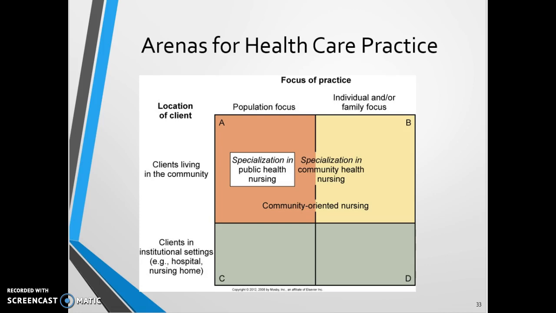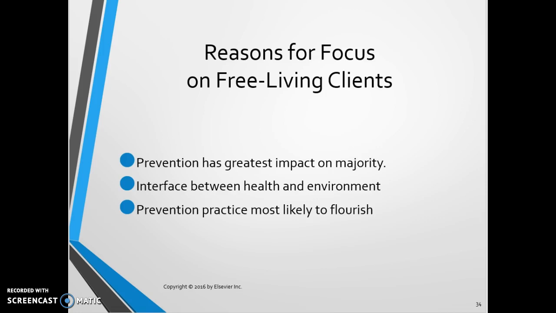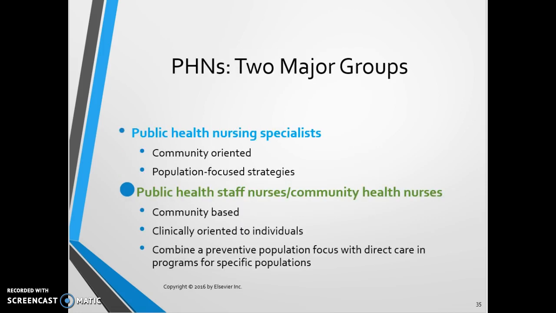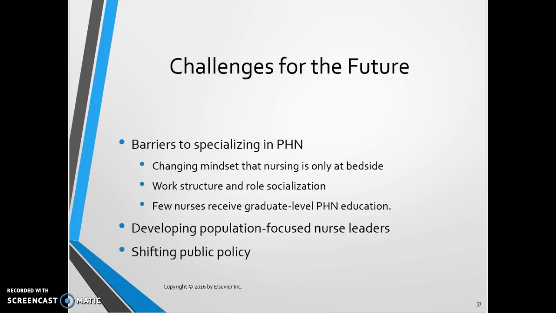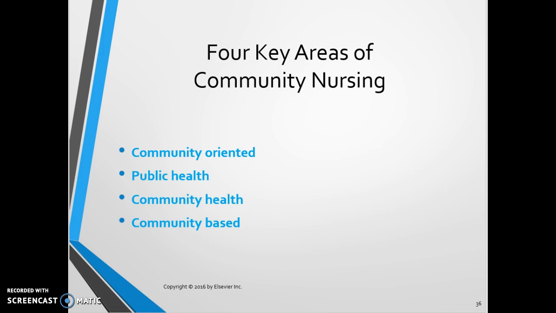There are great areas for public health care practice, reasons to focus on free living clients, and then we have about 3 others. 2 major public health groups, 4 key areas for community health nursing, and challenges for the future. I think right here, let's just remember 4 key areas of community health nursing can be community-oriented, public health, community health, and community-based. And that is chapter 1. It's a little bit of an overview, but